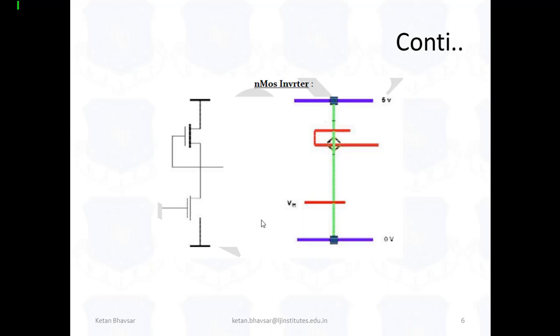But with the help of color you can see this one is your metal, this one is your metal 2, this one is polysilicon, this one is an implant meaning connection establishment, and this one is your input. So in the color code it will look like this. It looks very specific and also very accurate.